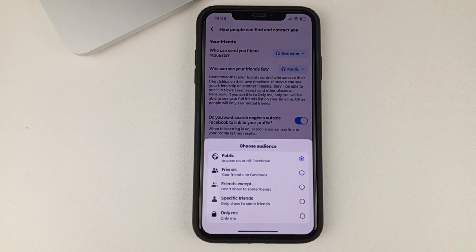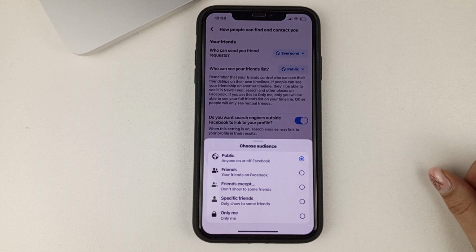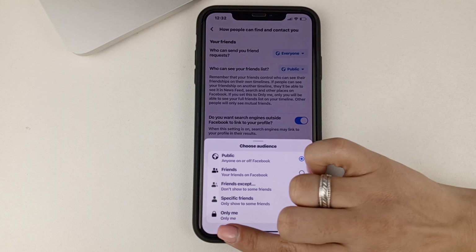The friends list also includes whether people can see our mutual friends, that is not only friends, but someone, let's say, has visited your page and can see the mutual friends list of you and this person. And you can only hide that if you choose that you want only you to see your friends list.